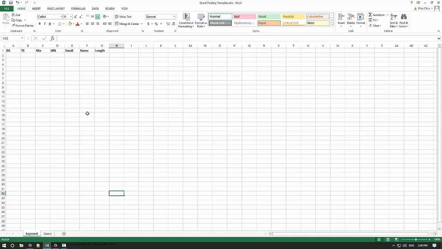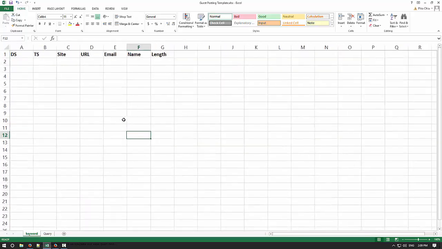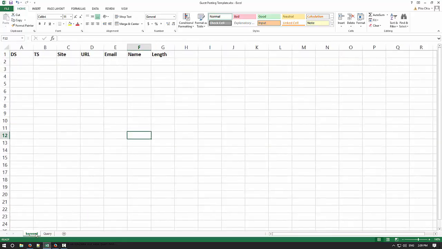Okay, so for this guest posting file, I call it the guest posting template. It's got 2 tabs, all right, and later on we're going to use this as an example to fill in the fields as we do our research. But let's do a quick run through of what we have. Okay, the first tab is called the keyword tab. Okay, we're going to change the name of this, all right, to the actual keyword that we are using for our search. Okay, and then within each of these